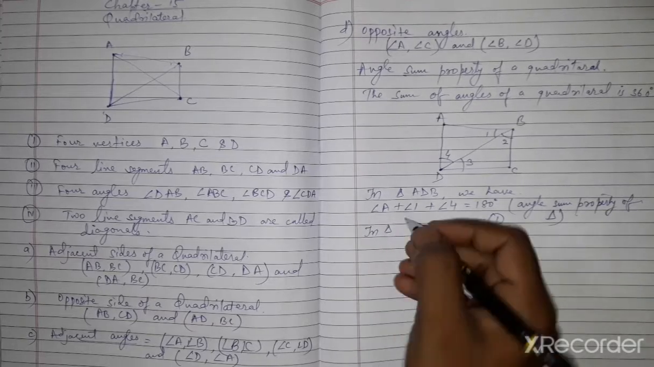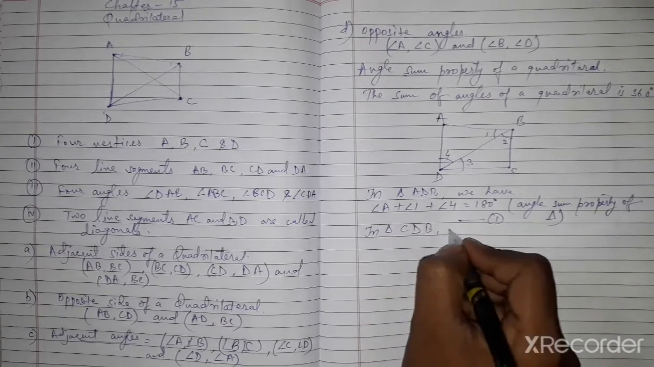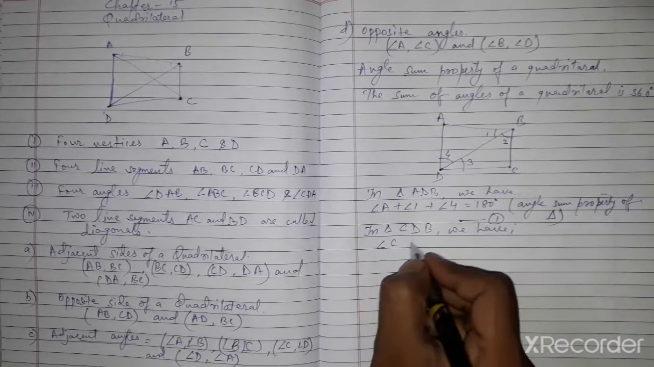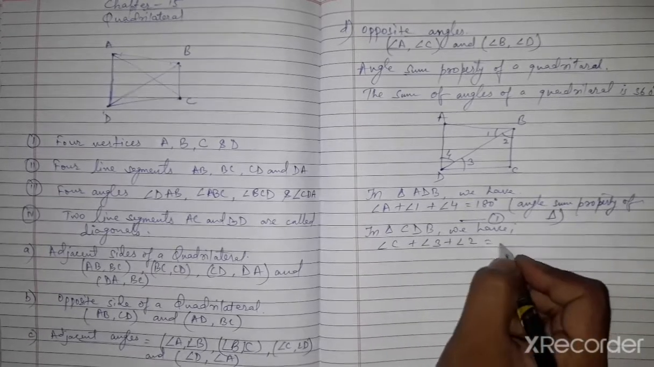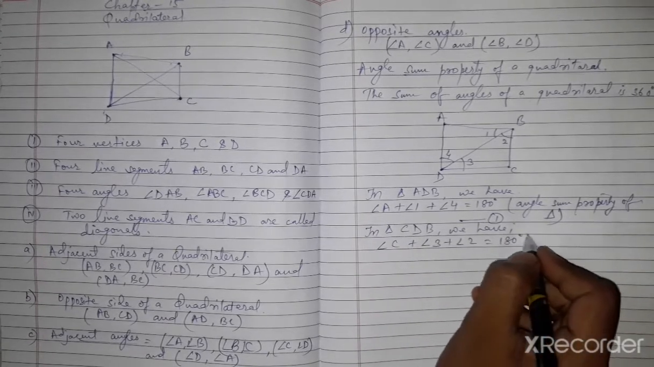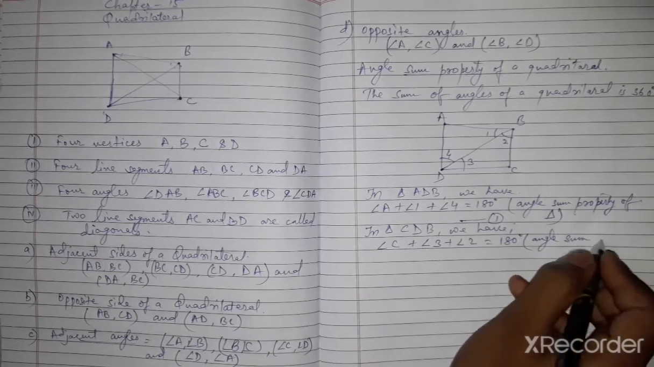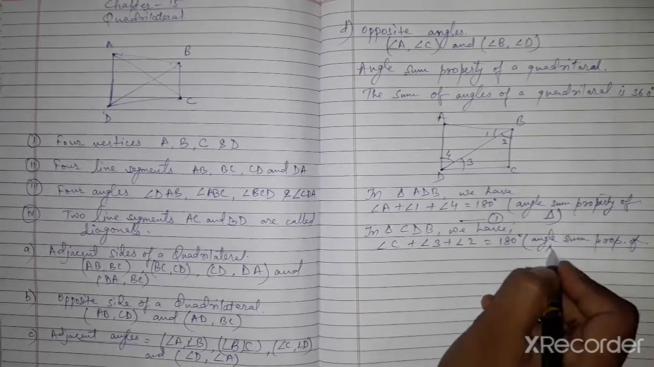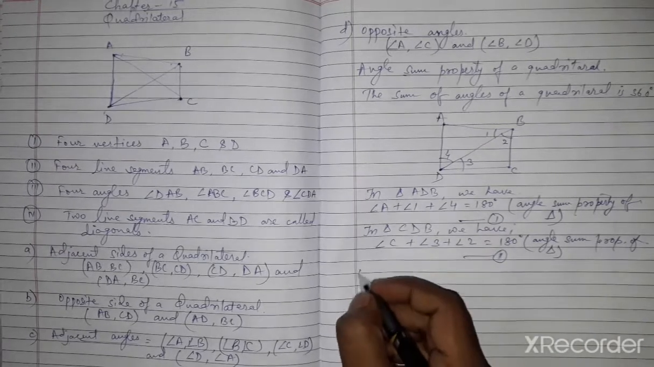In triangle CDB we have angle C plus angle 3 plus angle 2 is equal to 180 degrees. Again the same property, that is the angle sum property of a triangle. This is equation 2. Now adding equation 1 and 2, we get